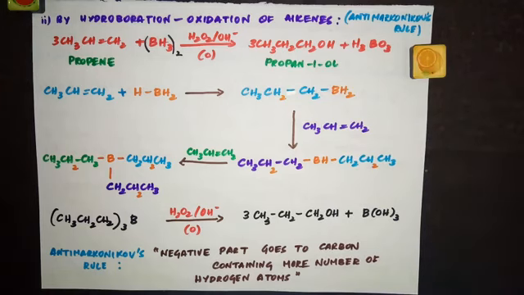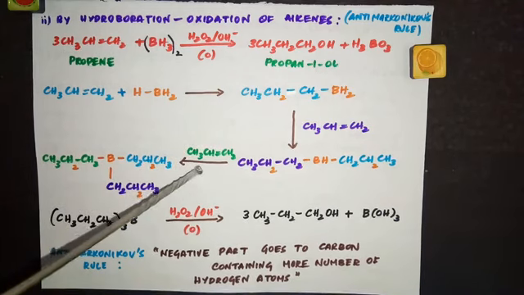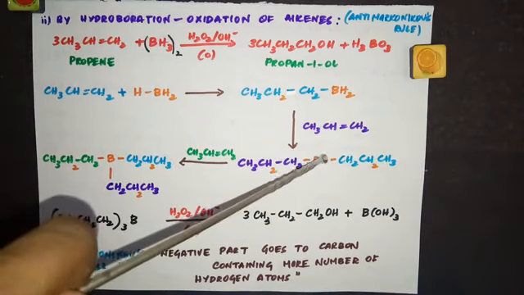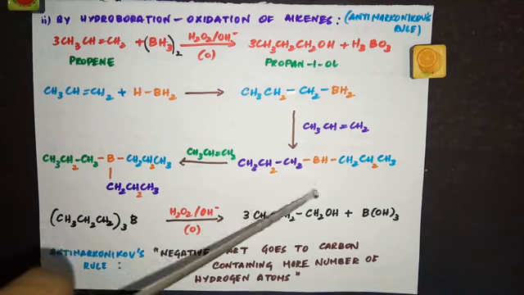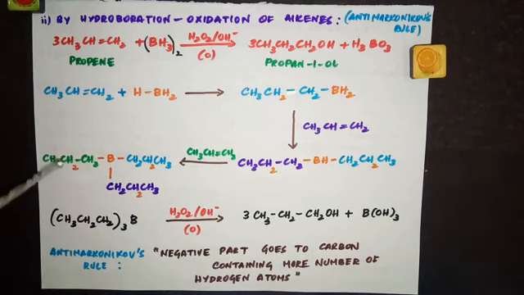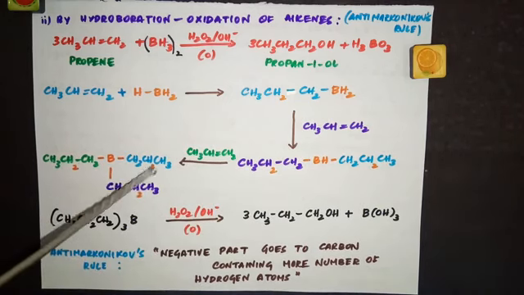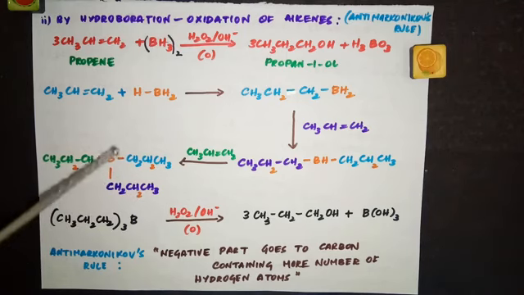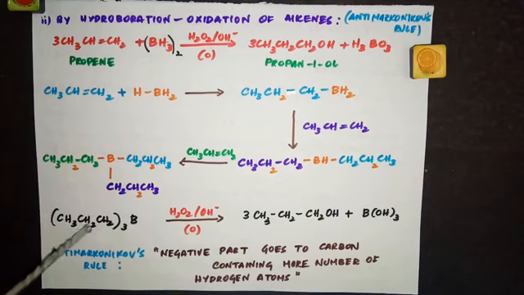And in the next step, I'm going to treat with another propene. Out of the three, the third propene is written here. Now what will happen? Instead of this H, this part will be attached here. See, B, CH3, CH2, CH3, CH2, CH2, CH3. So you have three propyl groups. So instead of writing it as such, you can write as CH3, CH2, CH2 thrice, because you have three here,